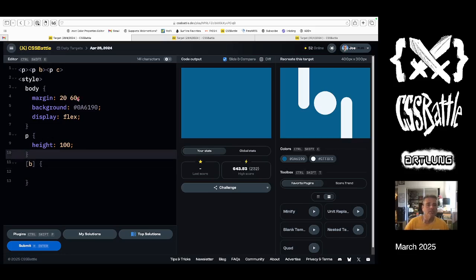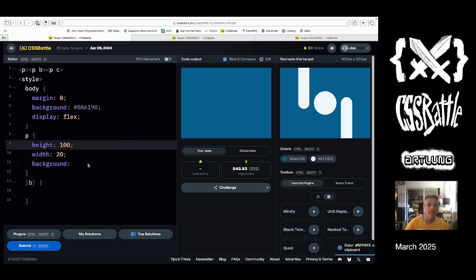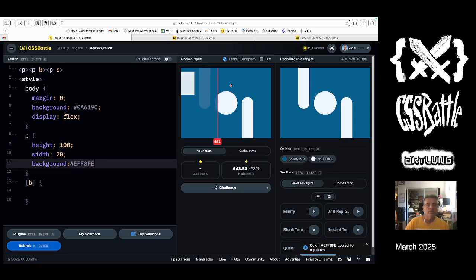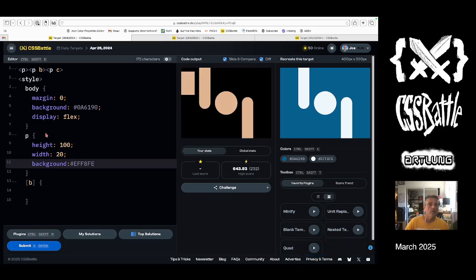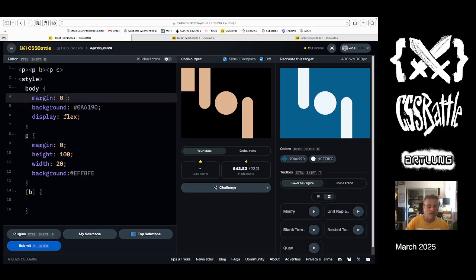So let's put margins on the body of 0 and give them a height of 100 and a width of 20 to start with. The background. You got to spell background right. There it is. There's thing number 1. Okay, and let's put a margin of 0 on that as well. All right, so this margin of 0 at the top, and then 40,